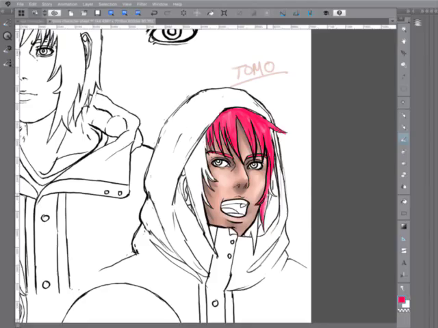I don't know, I think I kind of like it. Ooh. No, okay. Yeah. I actually think I'm going to keep it that color. It's a crazy color, but who cares, right?